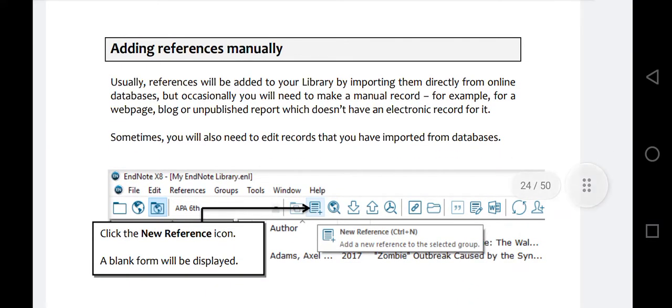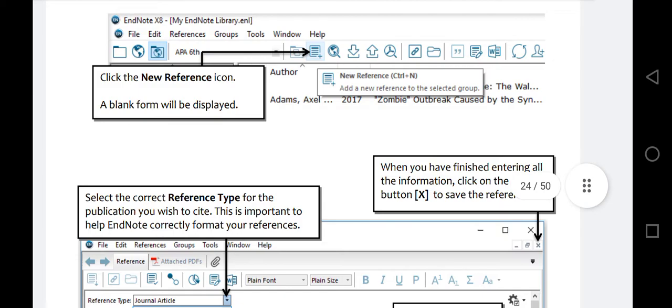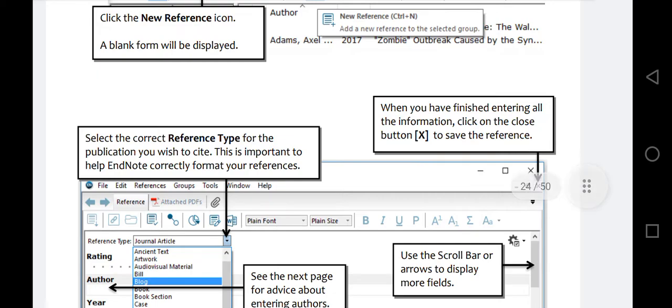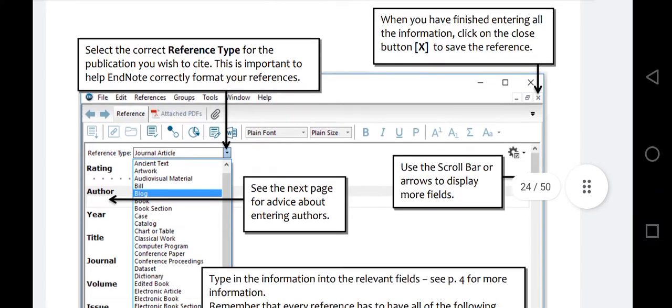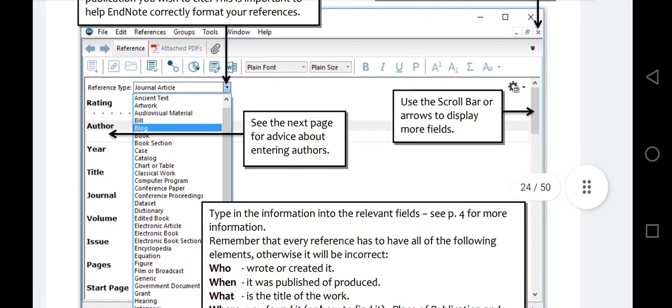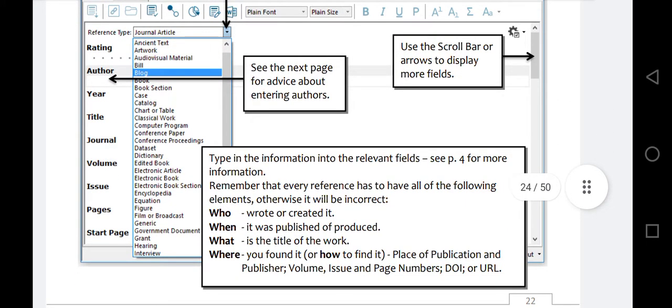Editing references manually. You can manually edit and click the new reference icon. A blank form will be displayed. Then select the correct reference type from the publication you wish to cite. This is important to help correctly format references. Then see the next page for advice about entering